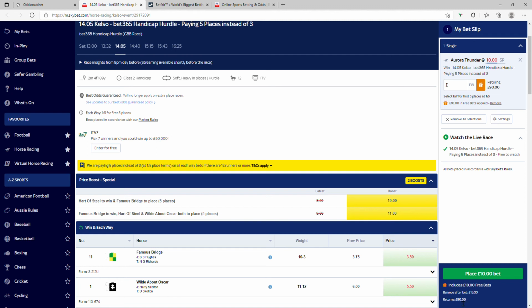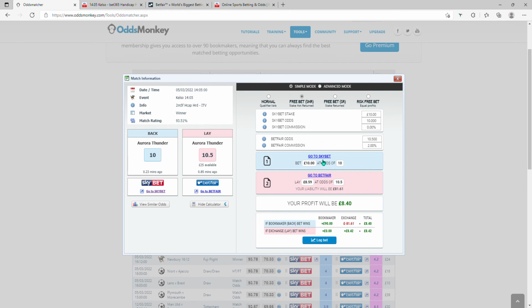So I get a £90 return if the horse won the race. I'm hoping more or less that the horse doesn't win the race, so I get the money back into the exchange for my next bet. When this finishes tomorrow at 2:05, well, it'll be a little bit after 2:05, but by 2:30 I should have this bet settled tomorrow. So what I'll do now is I'll leave that like that, and I go back to OddsMonkey and I click